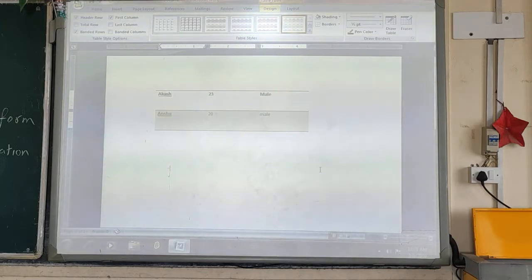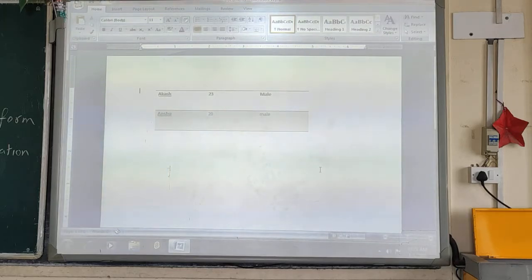Okay, so suppose we have selected this one. So this is how you can change the table style of your document.